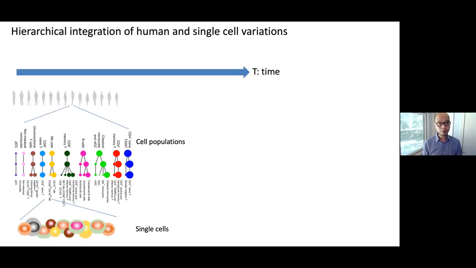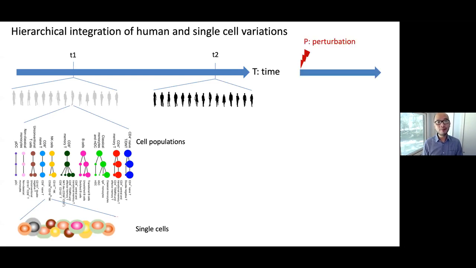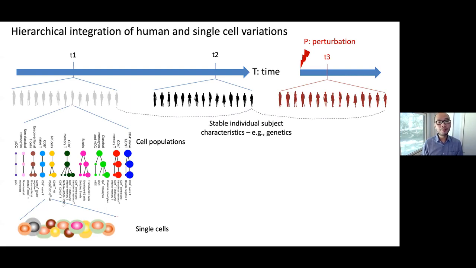And then there's the time component, which is critical in COVID-19, for example, such that you can sample the same individual or population over multiple time points. And we can also have a perturbation, infection or vaccination, for example, and then have additional temporal information about the cohort. So based on this kind of information, you can start to infer or delineate one aspect of variation,